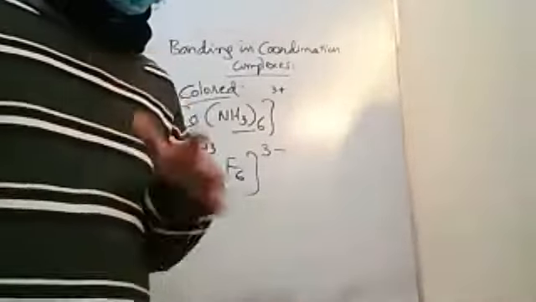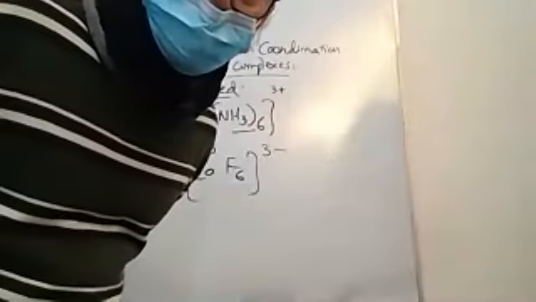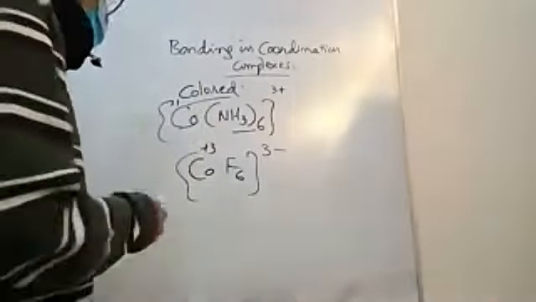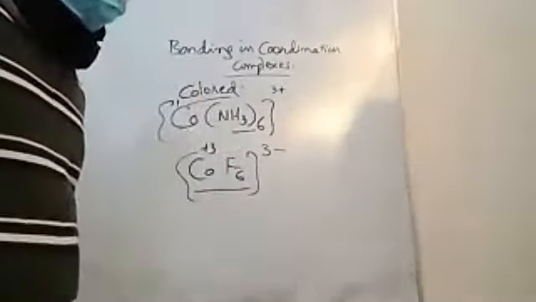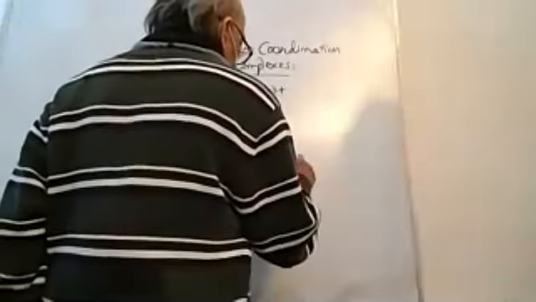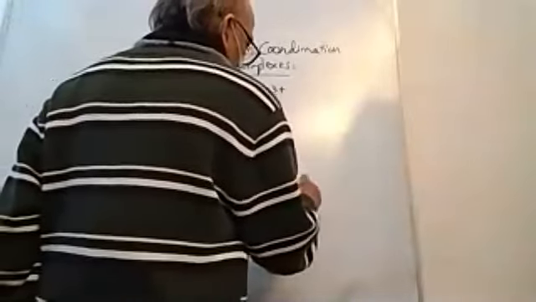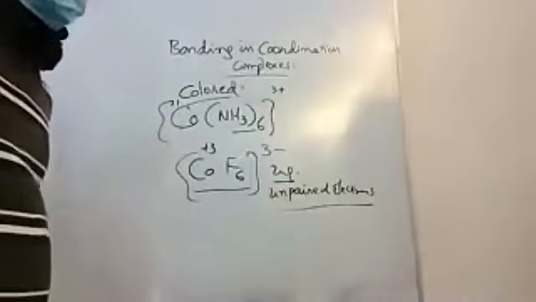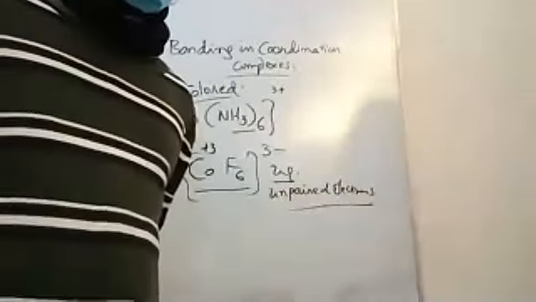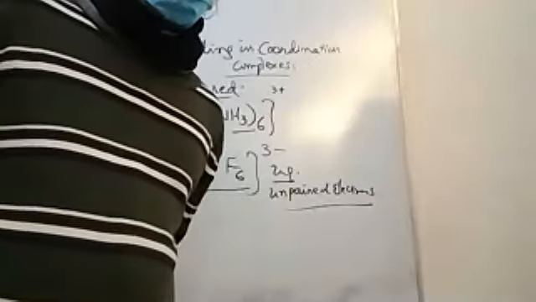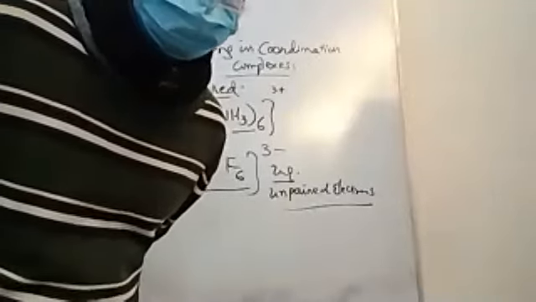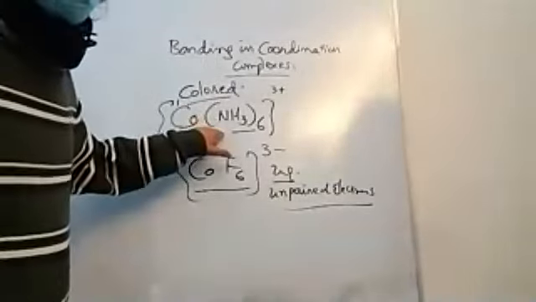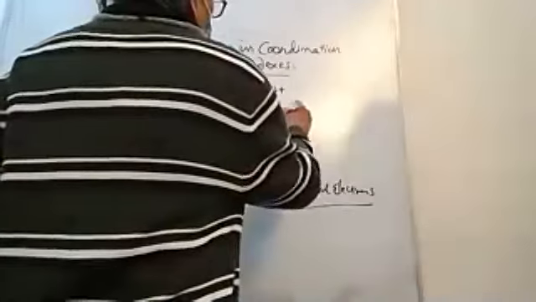Now comes the thing. The colors are very different for these two complexes. Not only the colors are different, there is one more strikingly important observation that was made. In the case of hexafluorocobalt, there were unpaired electrons. In fact, they found a total of 4 unpaired electrons in the hexafluorocobalt complex. When you go to the hexamine cobalt 3 plus complex, there were 0 unpaired electrons.